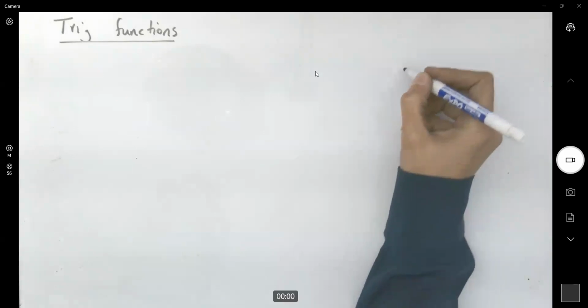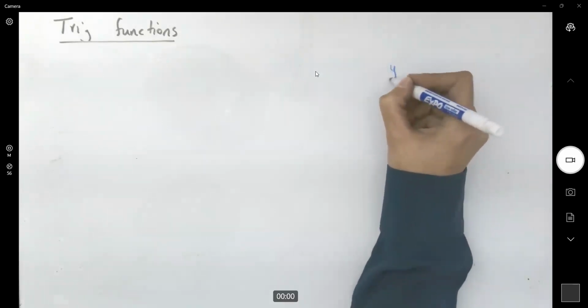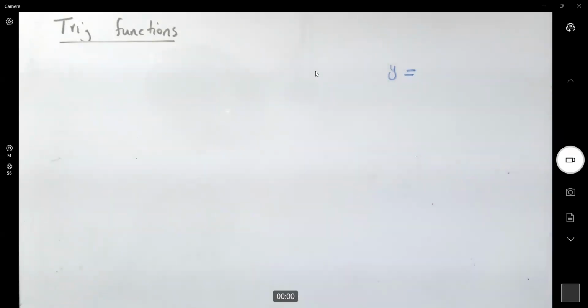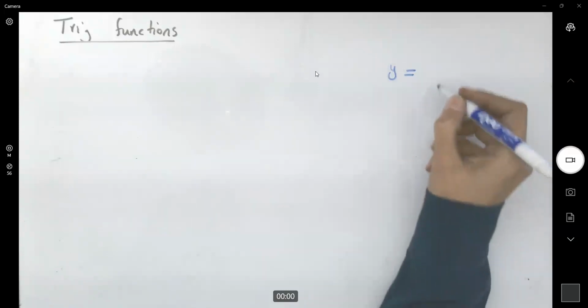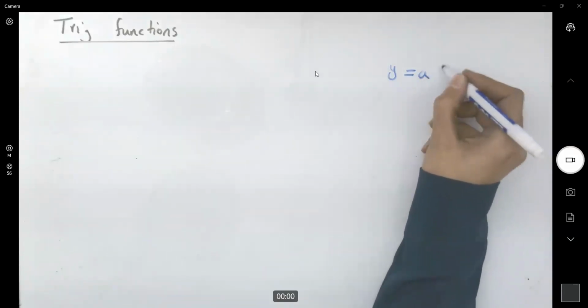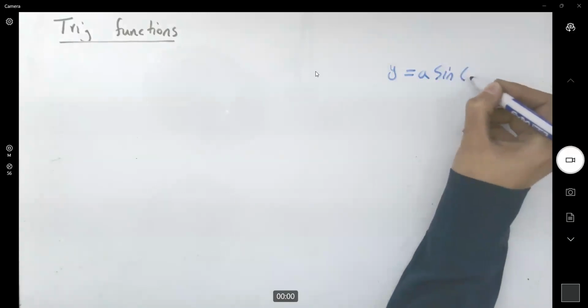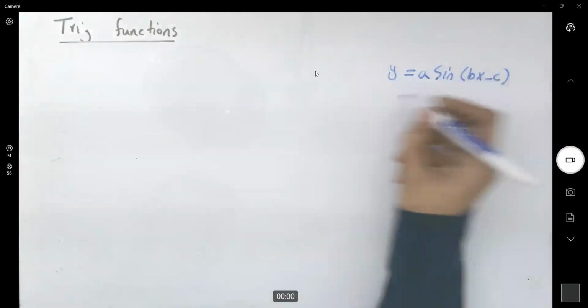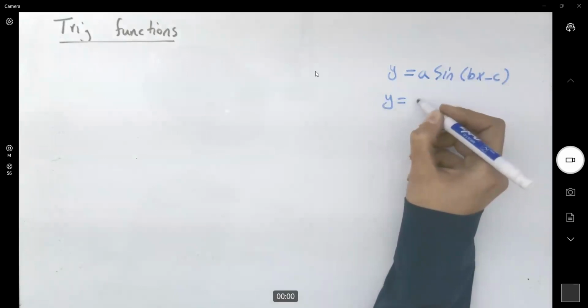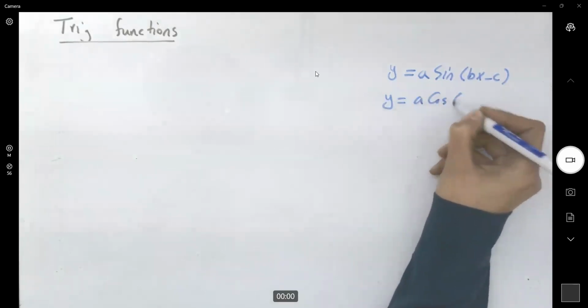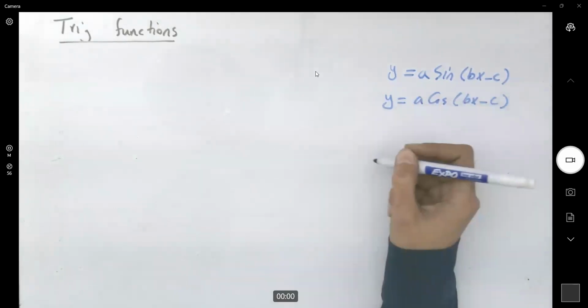So our summary, if we have y equals a times sine of bx minus c, or if we have y equals a times cosine of bx minus c,